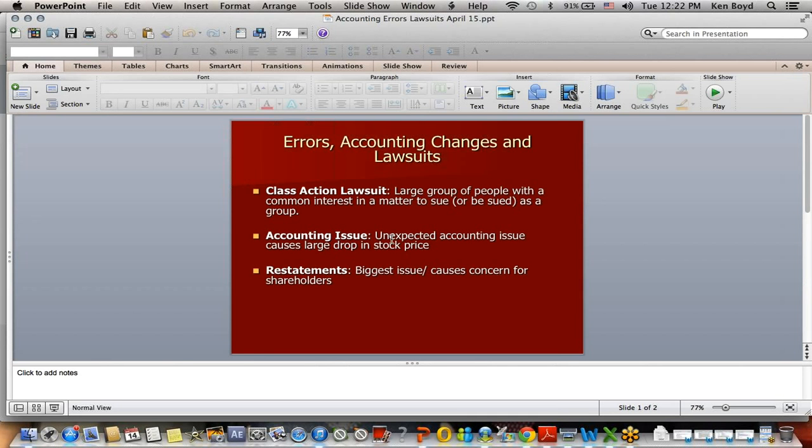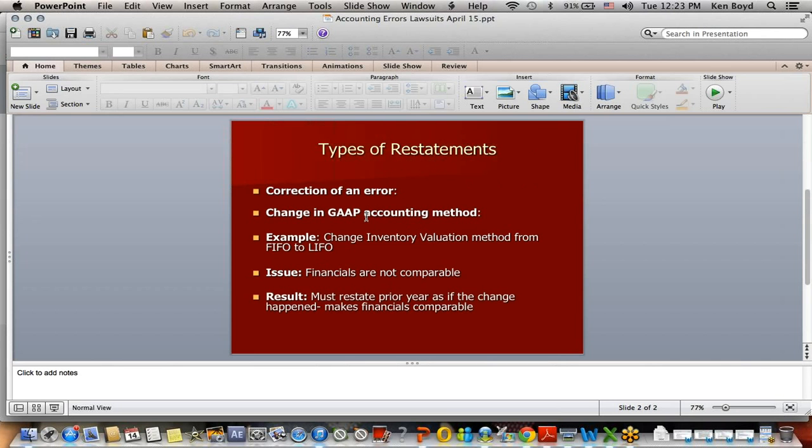Now, how does that relate to accounting? Well, you can have an accounting issue that can cause an unexpectedly large drop in a stock price. Restatement is a reason why a stock price might drop, sometimes pretty substantially. And the big issue is it's unexpected. It may be an indication of poor management. People may even suspect that there's something illegal, or something that a regulator might have a problem with, that's going on. Creates a lot of red flags, a lot of warning bells. So a restatement of the financials can cause an unexpected drop in the stock price.